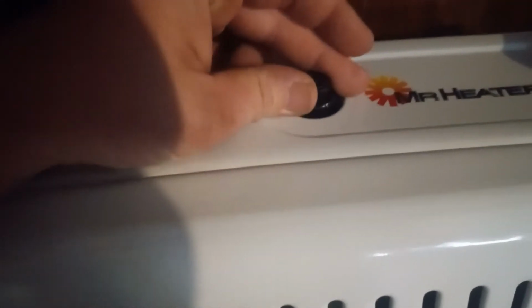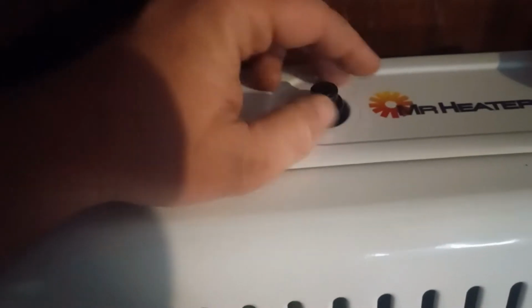Shouldn't need one. And nobody tells you where the placement of the battery is for that igniter right there that you need to light your heater. And so I'm gonna show y'all this little thing right here, which is your igniter. If you unscrew it,